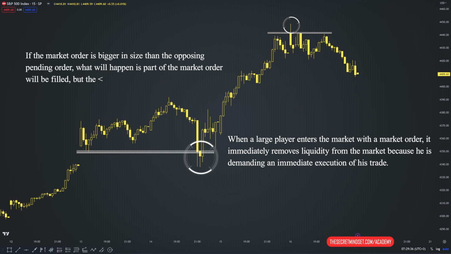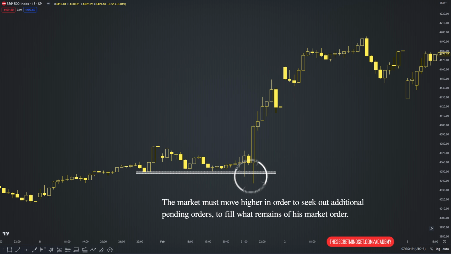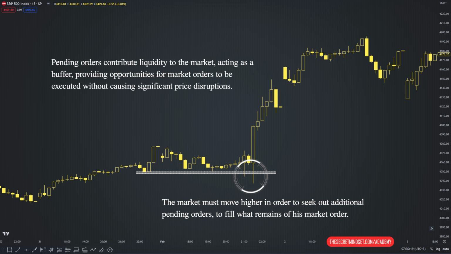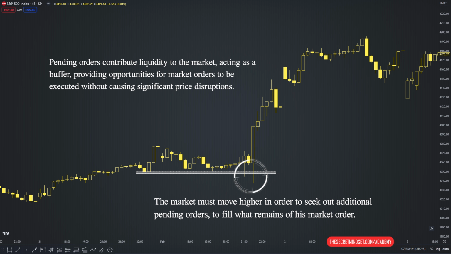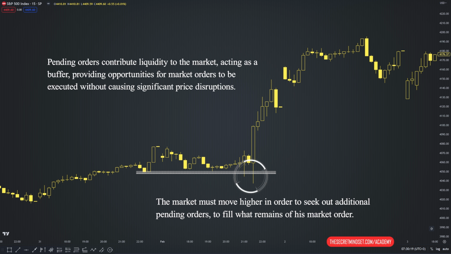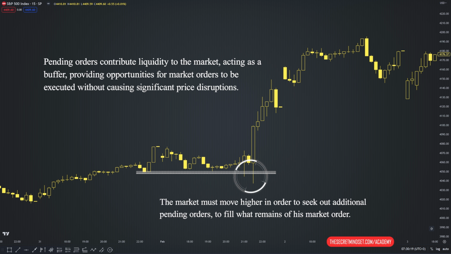If the market order is bigger in size than the opposing pending order, what will happen is part of the market order will be filled, but the rest will remain unfilled. So the market must move higher in order to seek out additional pending orders to fill what remains of his market order. This implies that pending orders contribute liquidity to the market, since they are the orders against which market orders are matched. These pending orders act as a buffer, providing opportunities for market orders to be executed without causing